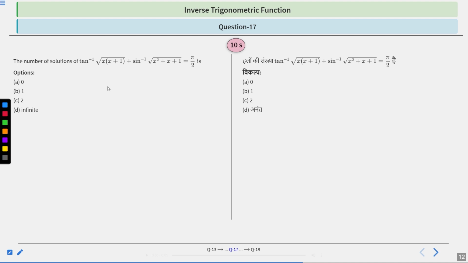So, see, the hint of this question is what we can do. We can try to convert one of these expressions into a single trigonometric ratio. That is, we can either convert the tan inverse thing into sin inverse or the sin inverse thing into tan inverse. After that, we can try to apply the formula for sin inverse a plus sin inverse b or tan inverse a plus tan inverse b. And after that, we can try to compare the results from the right hand side and left hand side to get the values of x, right? So in this way, you can try to approach this question. You have 10 seconds to solve or think about this question. After 10 seconds, we can discuss the solution, right?